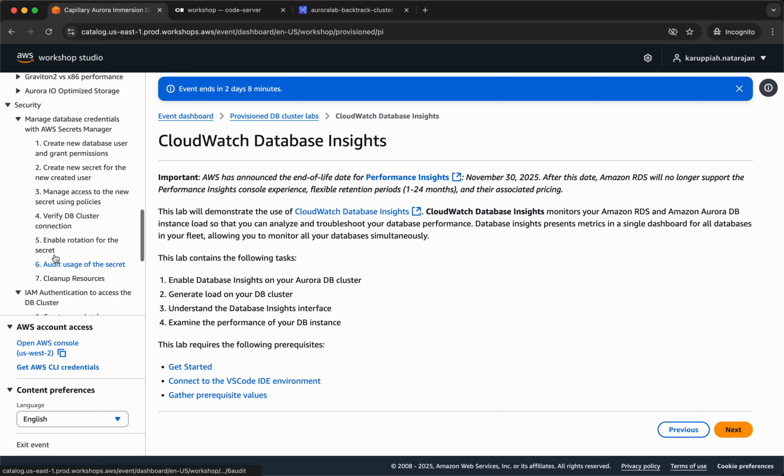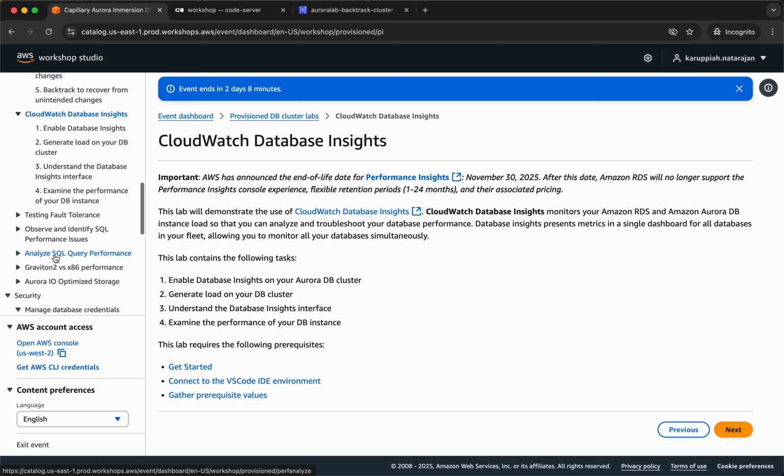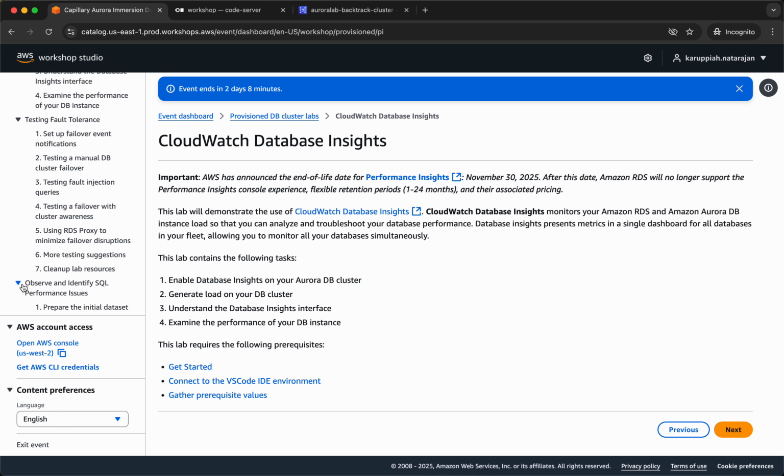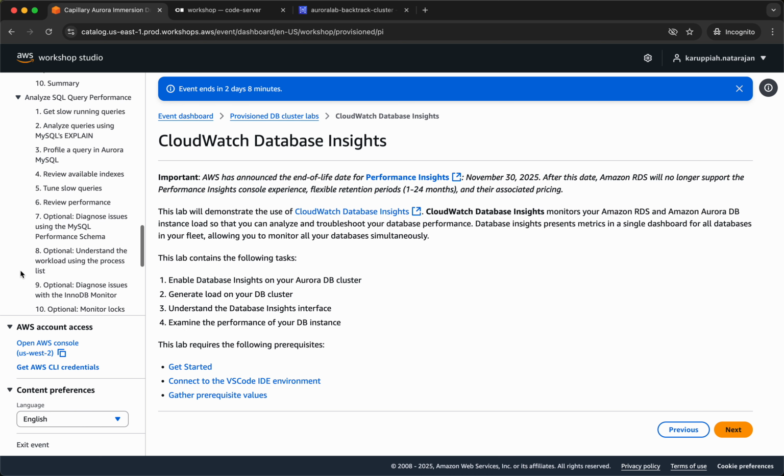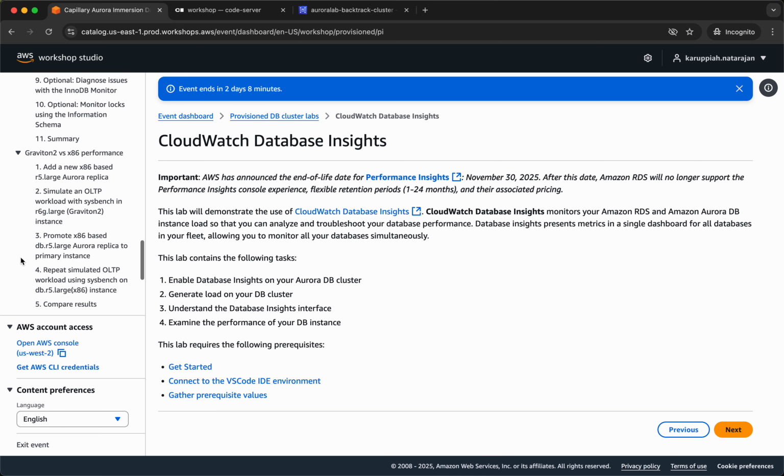Cool. So we still have database insights, fault tolerance, finding SQL performance issues, Graviton,